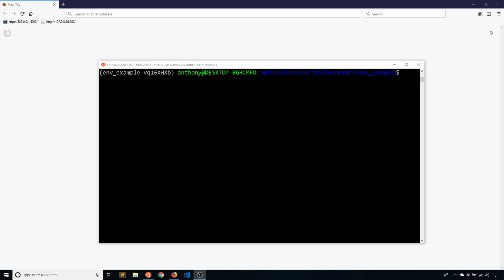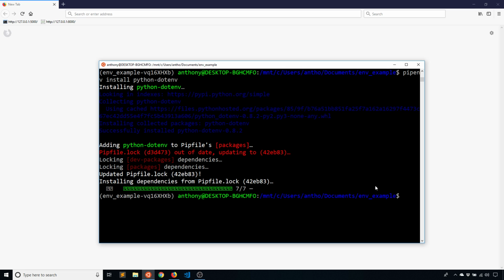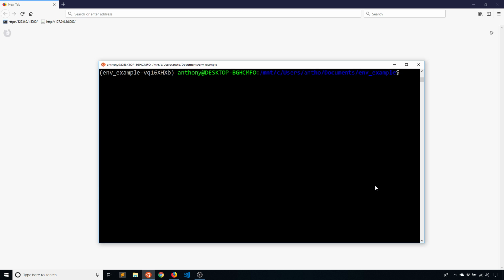to use it. So the first thing I need to do is actually install python-dotenv. So it's pipenv install python-dotenv, just like that. And it's going to install. It should be pretty quick to install. And then once it's done installing, what I'm going to do is I'm going to create two files. So there's one file that is more general, so .env, and then there's one that is more specific to your Flask app, .flaskenv,